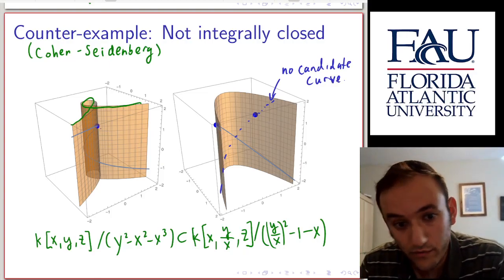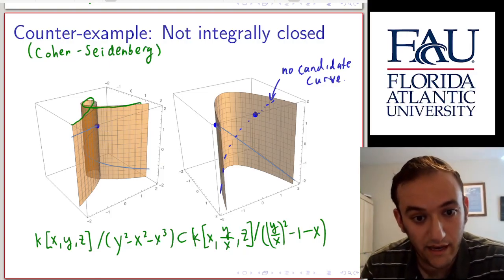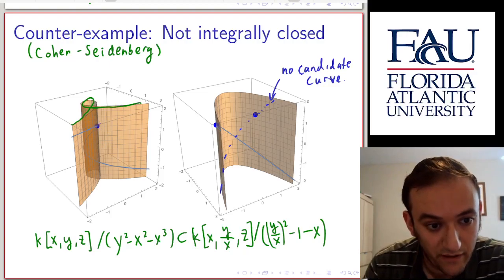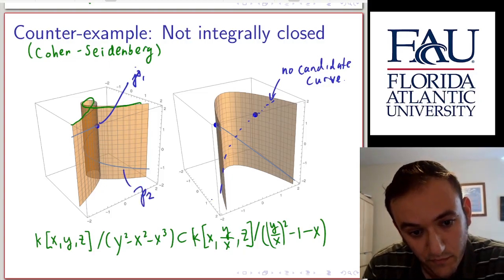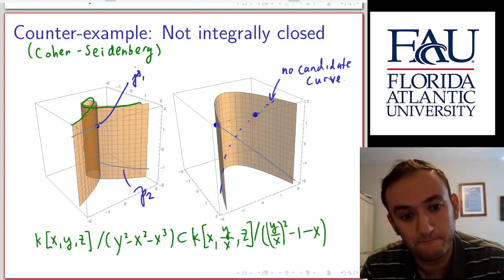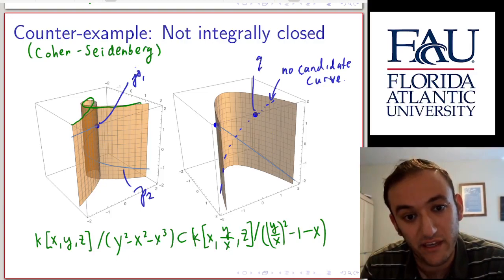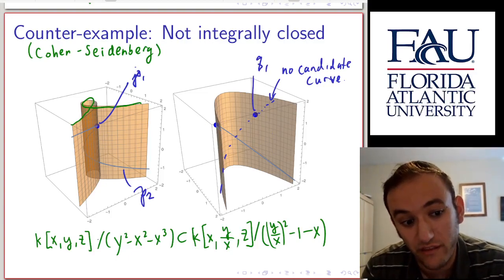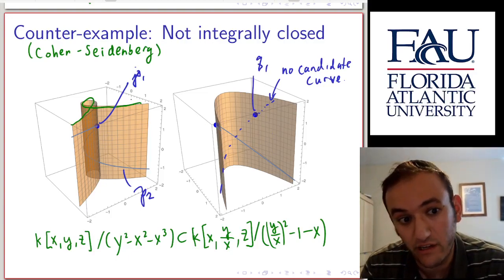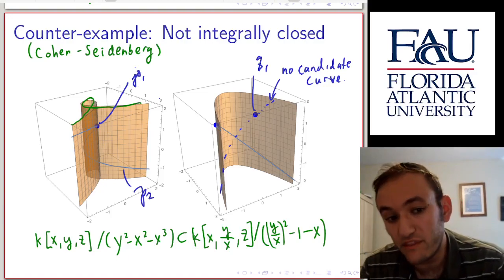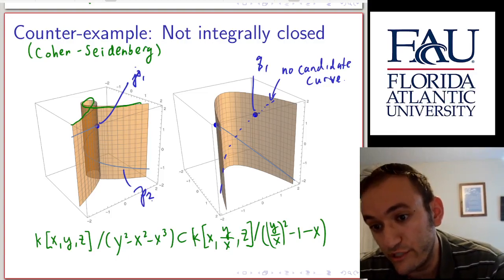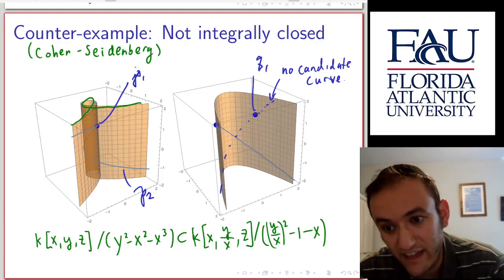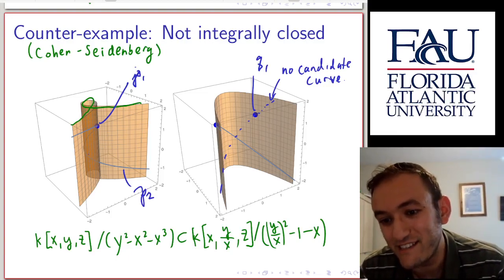Okay, so even though you have, if I mark this as my P1 and this curve as my P2, if I were to take this as my Q1, its intersection with the coordinate ring down here is in fact P1, but there's no valid Q2 which would restrict to P2. And the proof of that is left to you as an exercise, and I thank you for your attention.